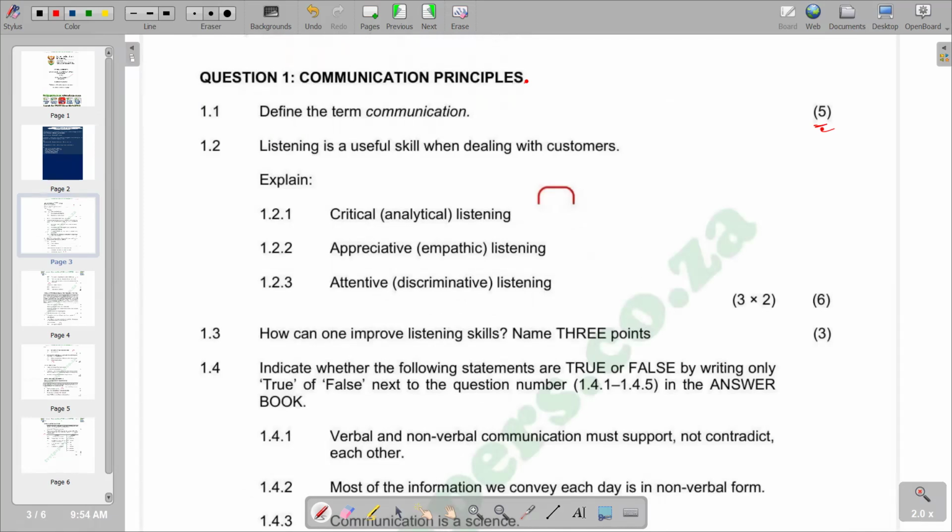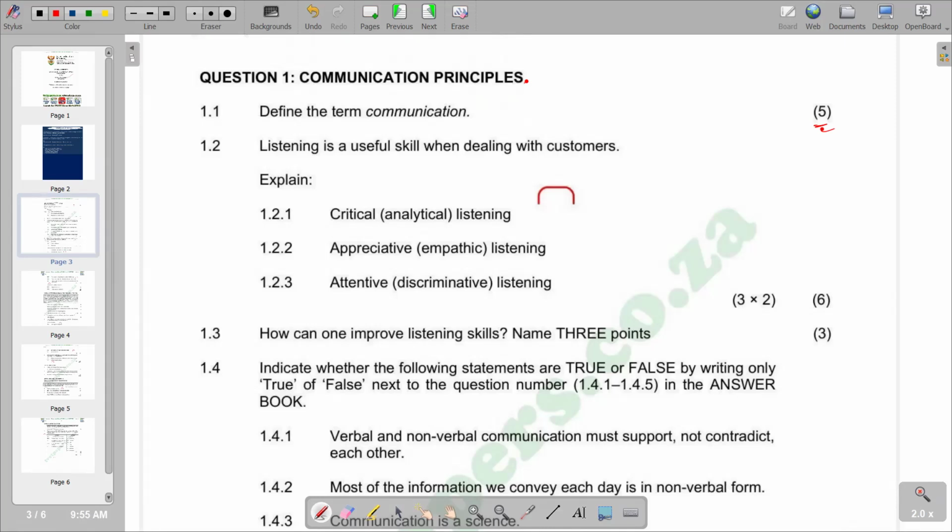So basically, communication is commonly defined as the transmission of information. Whenever we have information that is moving from one person or place to another, that is the process of communication. It is a process by which a message or information is sent from one place or person to another. So at the end of the day, the elements of communication are that there should be a sender, there should be a receiver that is going to receive the message, and also there will be feedback, where the receiver responds to the message and sends feedback